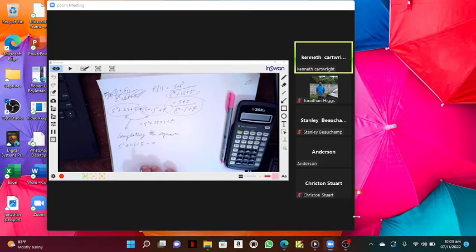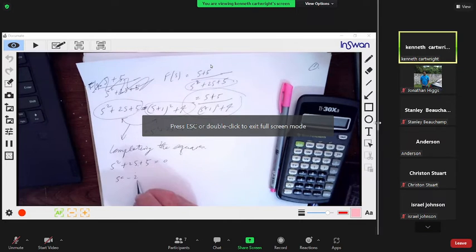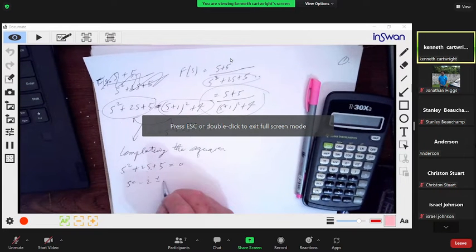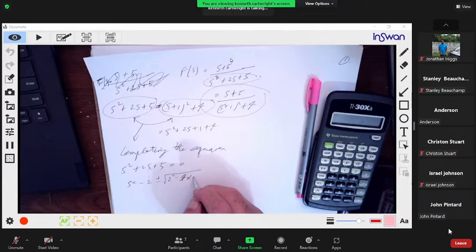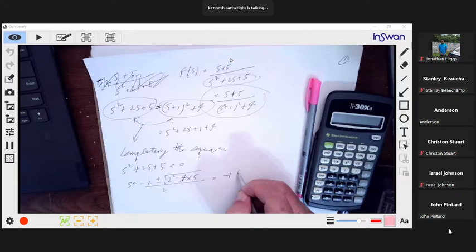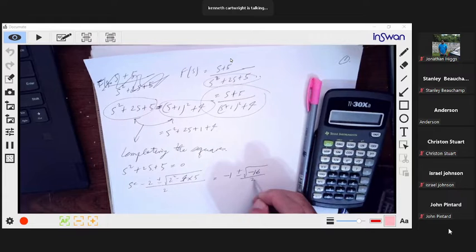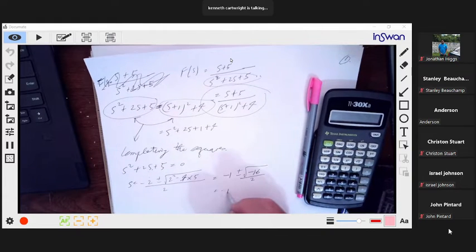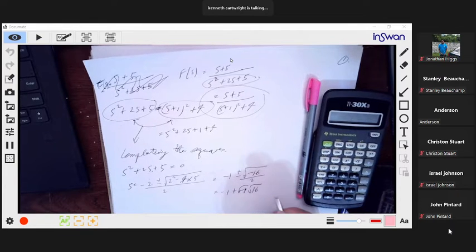That's how we find the roots. All right. So s equals -2 plus or minus the square root of 2 squared minus 4 times a times c, all over 2. So that's -1 plus or minus the square root of -16 over 2. So it's -1 plus the square root of -1 times the square root of 16 over 2,